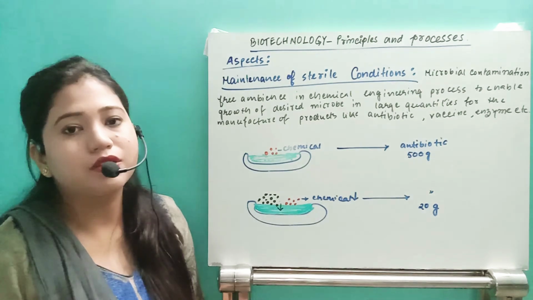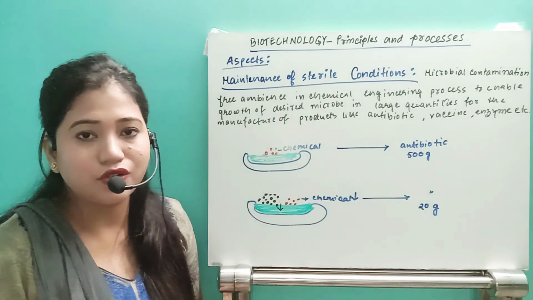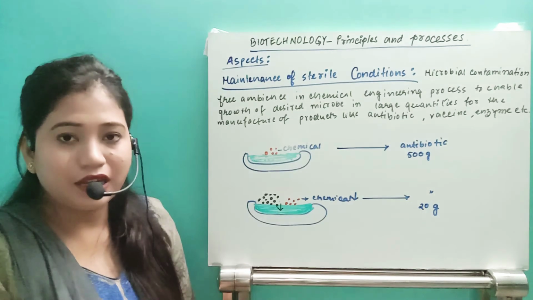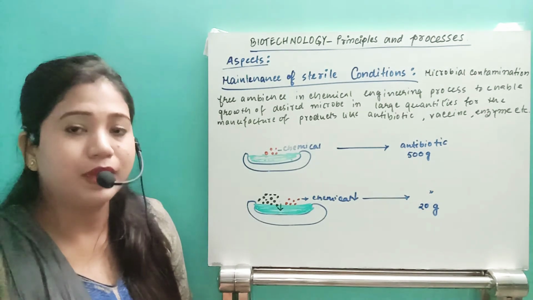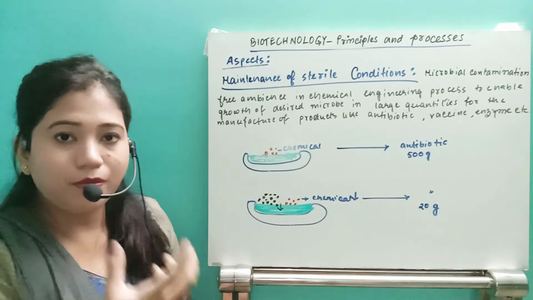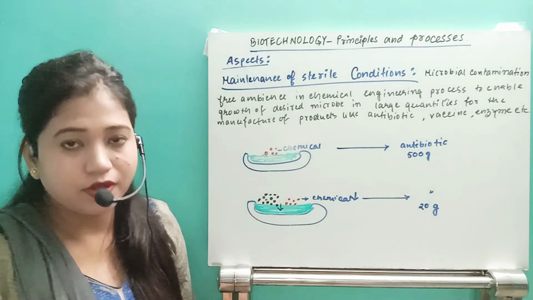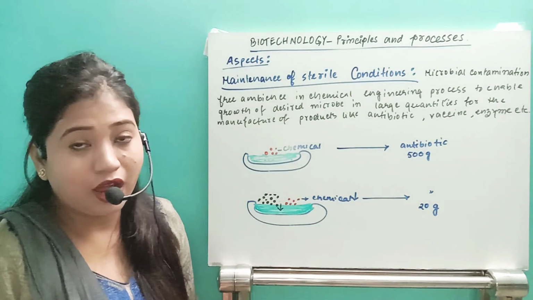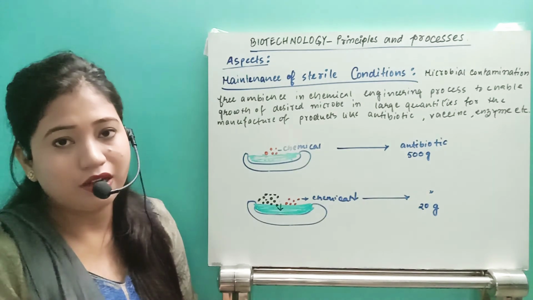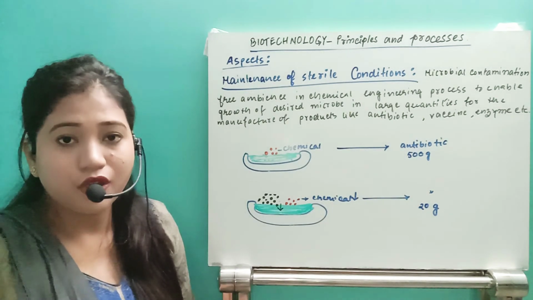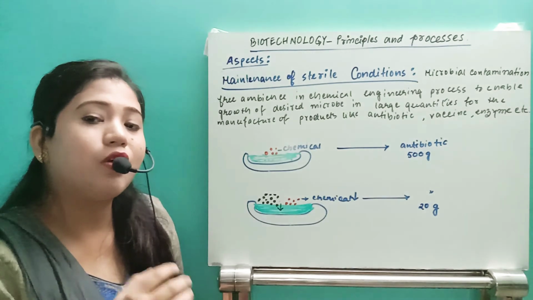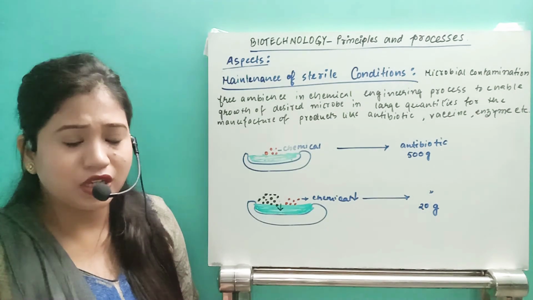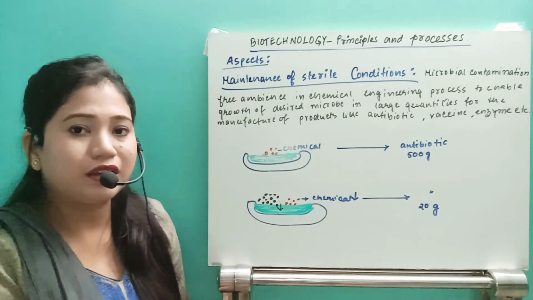So this is one basic principle, that whenever we go for any biotechnological procedures or any experiment we do, or if we just need to enter into the biotechnology room, we cannot use the naked hand, or we are not allowed to talk, because whenever we talk, saliva drops from our mouth can completely damage the production. The yielding will completely decrease, or that whole experiment of suppose 40 days or 50 days will also go in vain, right?